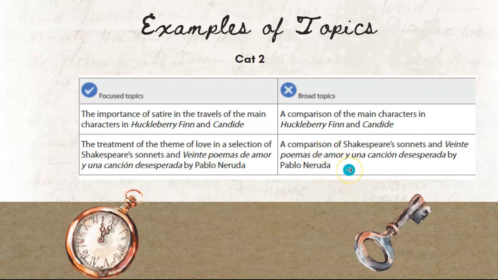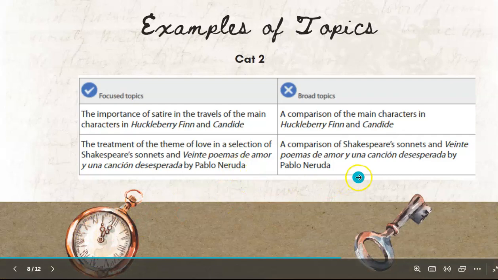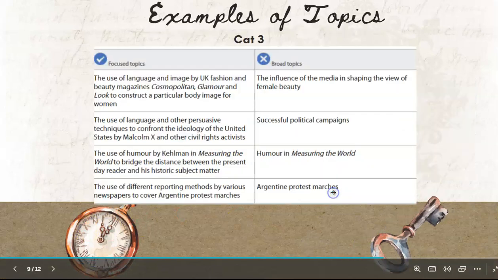Again, you're not just going to compare Shakespeare's sonnets, which are poetry, and then the poems about love of Pablo Neruda. If you look here on the other side, it's more focused if you say the treatment of the theme of love in a selection of Shakespeare's sonnets and specific poems by Pablo Neruda. All right, for Category 3,